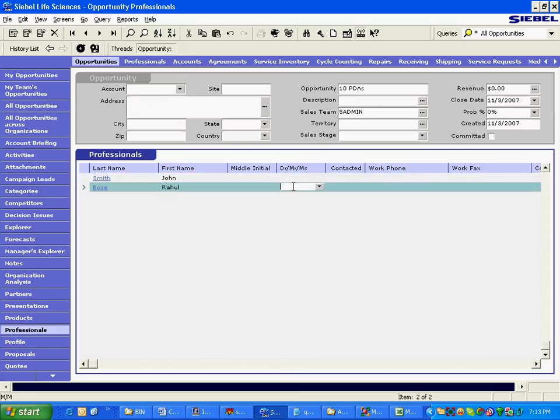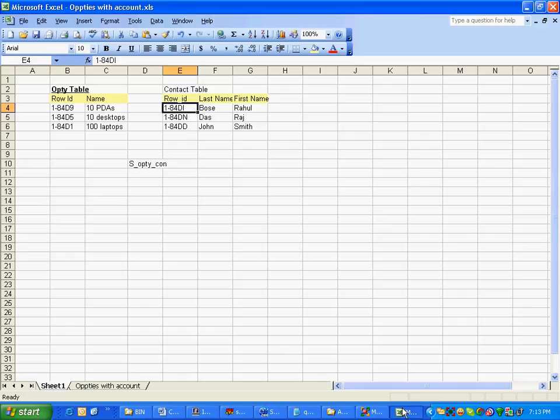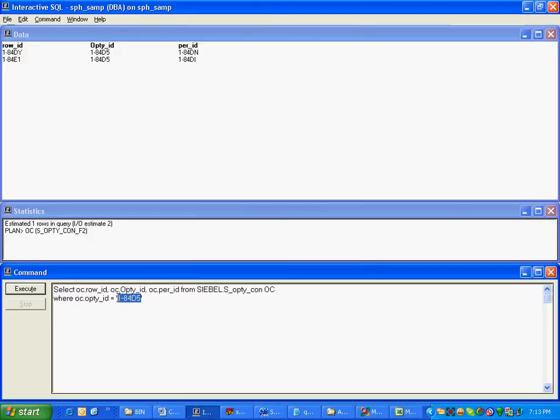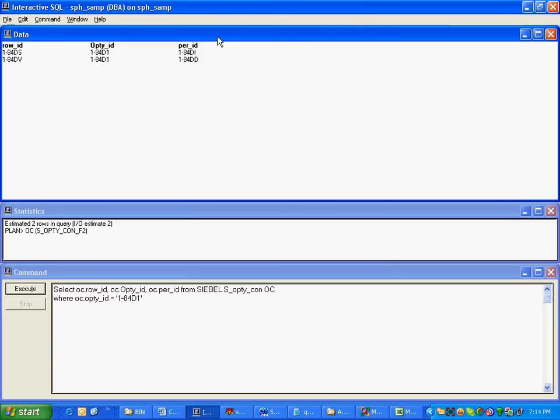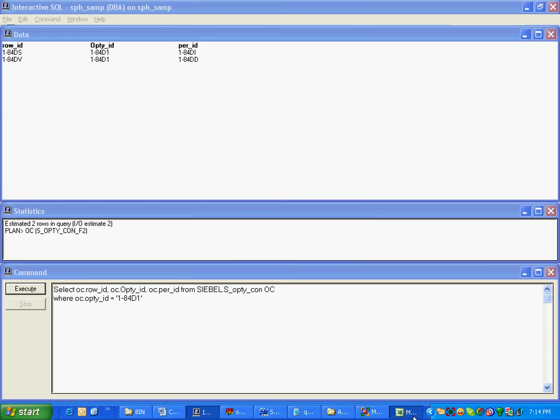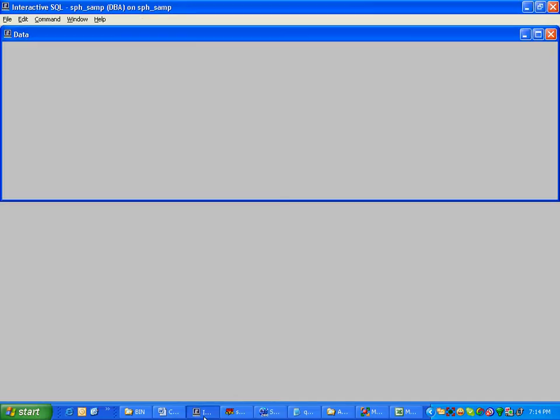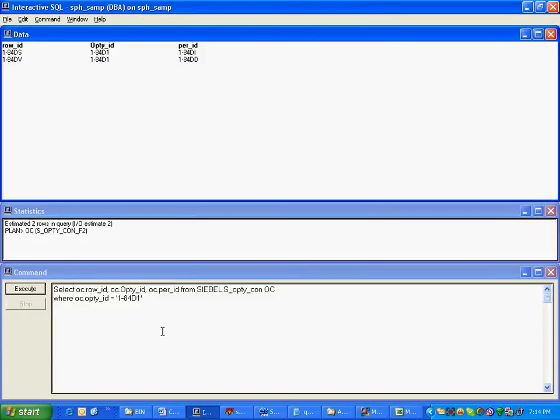So we come here and look for that opportunity. 1-84DI, DD. Yes, in the back end it is actually showing like that only. Right? So we see that this is how an intersection table works.